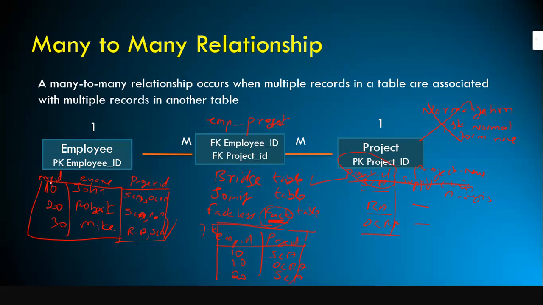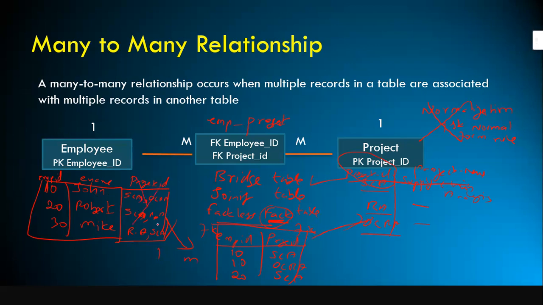But in this table, employee ID and project ID are the primary key. But when it comes to the bridge table, employee project, whatever values you store in employee ID in this table, this column is a foreign key to this table, and the project ID in this table is a foreign key to this table. Got it? So now, if anybody asks you, there exists a one-to-many relationship between these two tables. Here you have only one record for each employee. For John, you have one.